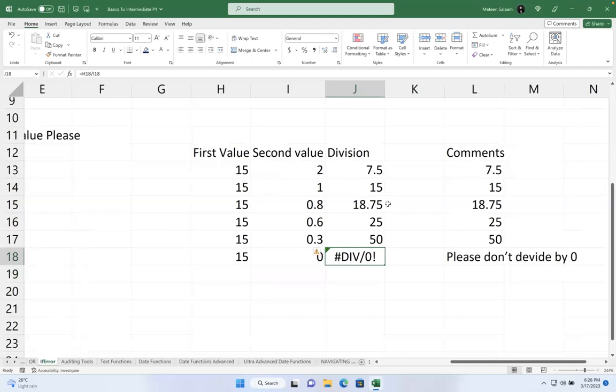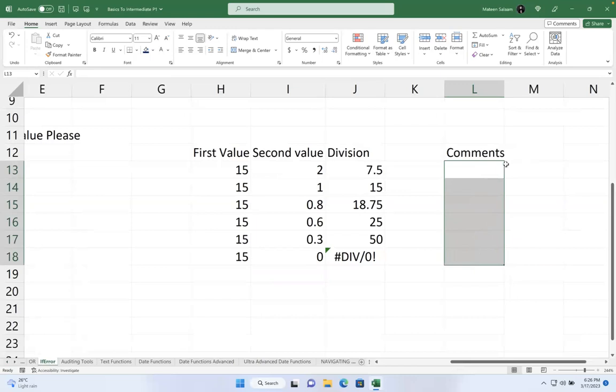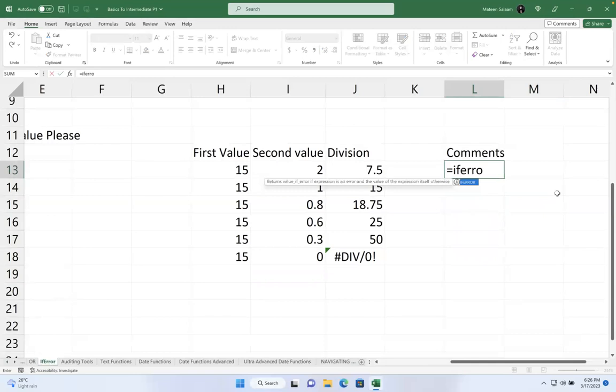For these situations, I don't want this to show up like this. I want it to show that please don't divide with 0. Or maybe I just want this to be divided with 1 and show me the value. Something like that. I want some other mathematical operation to happen. So for those situations, I will simply use this function. We call this IFERROR. So I'm going to say IFERROR first, and we will tell that if this value is an error, then show me